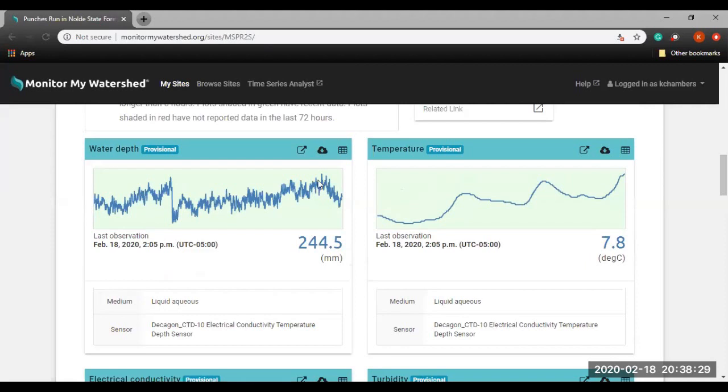So it's set up the same way. It has the last 72 hours worth of information. It has the last observation time, and it has the data value for the last observation. And it shows that the unit for temperature in this case is degrees Celsius. Then if we were to continue to scroll down,